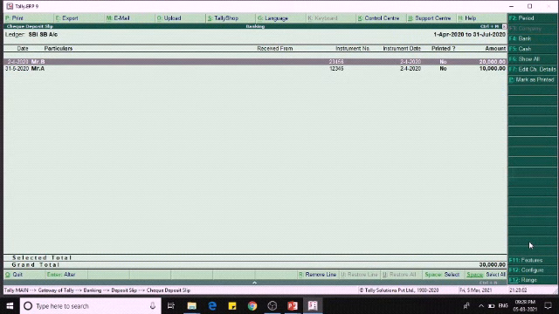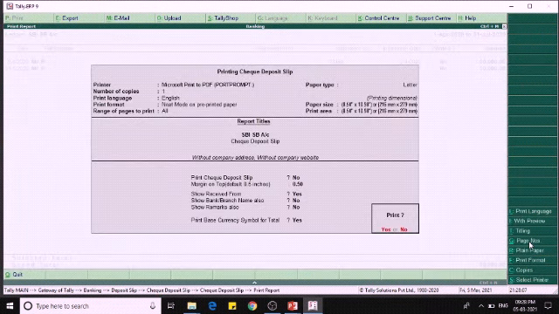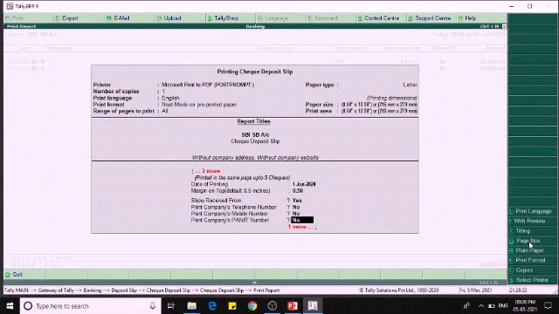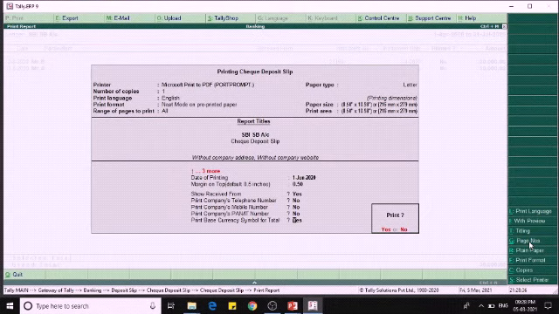Now let us print this by pressing Alt plus P. Give backspace and then change this to yes. If we need the customer copy we can give yes to this, and then the date of printing, for example, 1st of June.